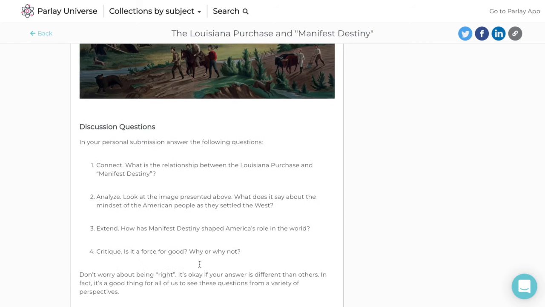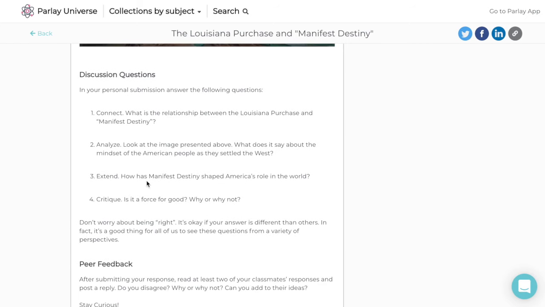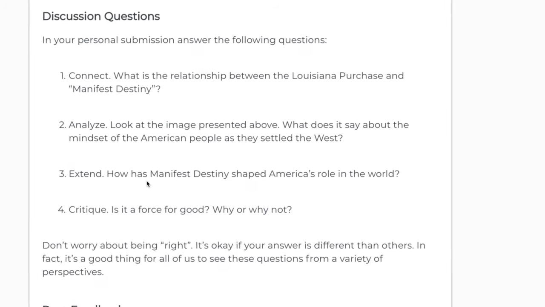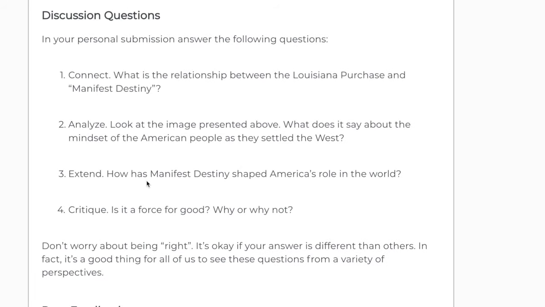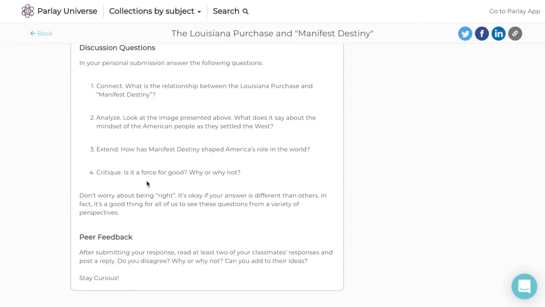And then when it's time to submit their responses, they're now going to answer these discussion questions. So we usually use Bloom's taxonomy to actually build up and scaffold the questioning. So we'll start by some simpler ones. What is the relationship between Louisiana Purchase and Manifest Destiny? And then we'll get a little bit to the higher order questionings towards the end. And students in their response are going to be responding to these questions. And then at the end of the prompt, we'll give them instructions for peer feedback when they're reading their peers'